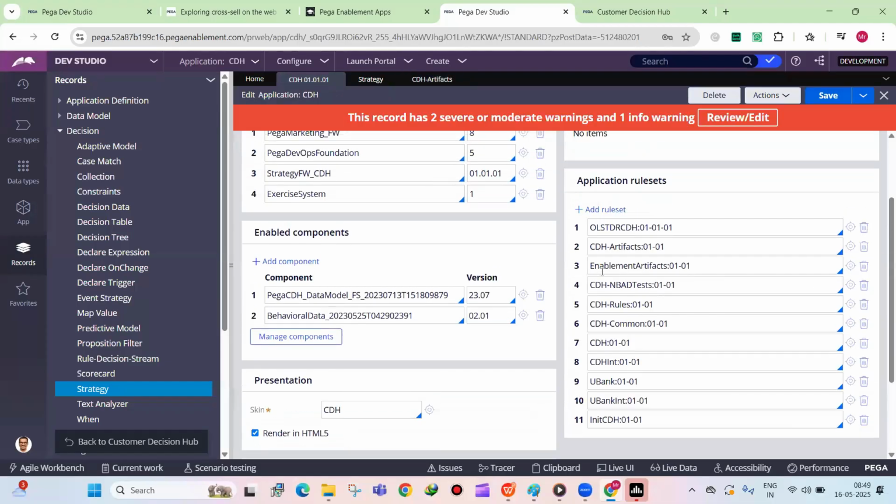Artifacts rule set, very much an architecture kind of topic, this one. Artifacts rule set stores auto-generated rules and any kind of production changes; you can keep them here. Every environment's highest version should be unlocked. NBAD tests, Next Best Action Designer tests, any kind of testing related rules and test cases, you will keep